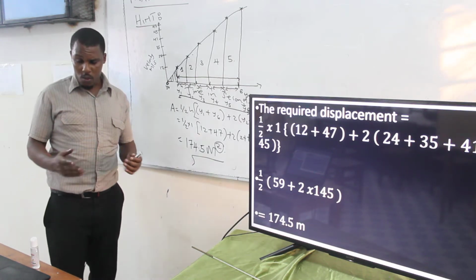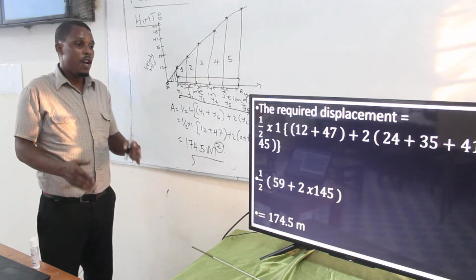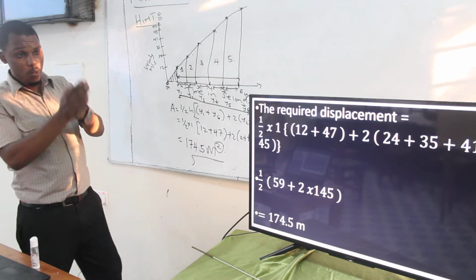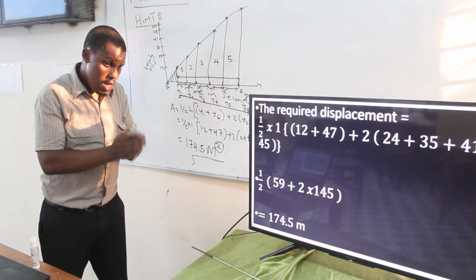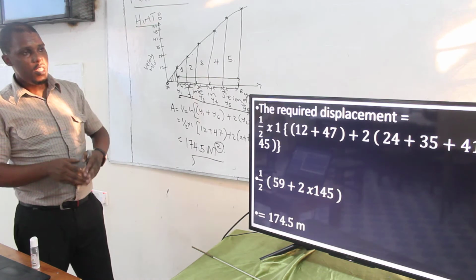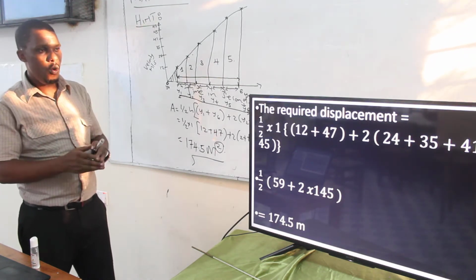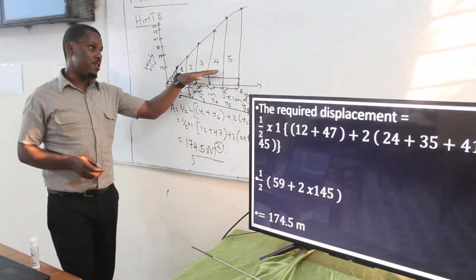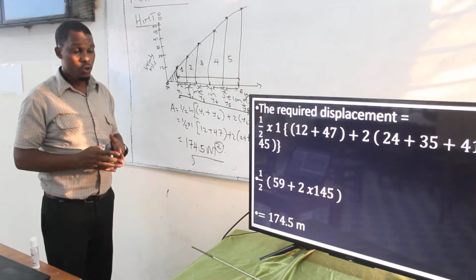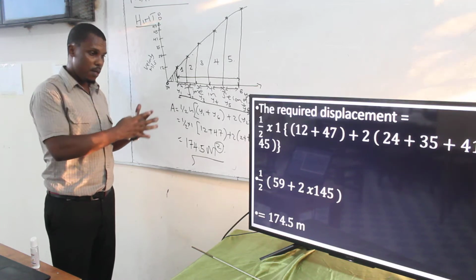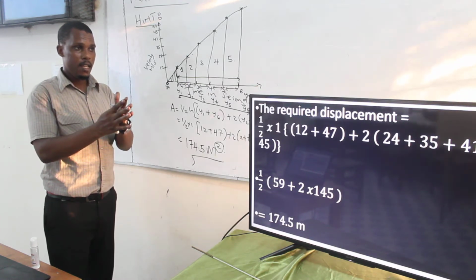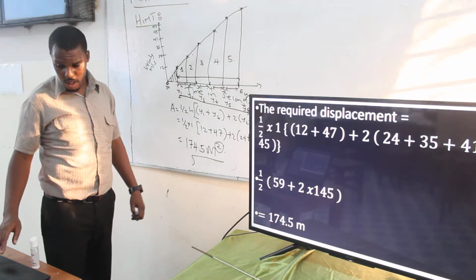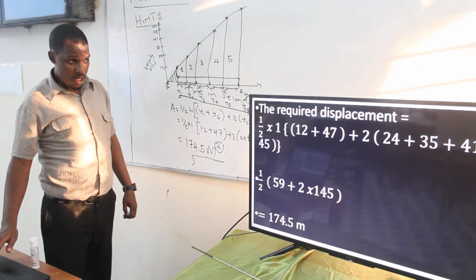When you come to example number 2, same case. It is not necessarily that you be given the table, but they can give you the equation, and then from the equation, it is for you to be able to come up with the table. So it is not a must that the table is given to you. Then from there again, remember the sketching will be assisting you. It will be able to assist you to see the concept. But again, if you understand it, there is no mark for sketching, but you can be able to identify those y's. Let me give you example number 2 so that we can relate to what I'm saying there.